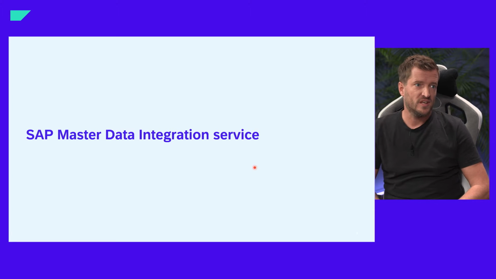So, as you know, the Intelligent Enterprise Suite is mostly defined by the intelligent business processes, like lead to cash, source to pay, recruit to retire, and design to operate. These business processes span across multiple business applications, like SAP S4HANA, SAP Fieldglass, SuccessFactors, and SAP Concur. To ensure that these business processes run smoothly, SAP invests in the so-called suite qualities. And one of the suite qualities is the aligned domain model. So, considering the SAP aligned domain model, SAP Master Data Integration Service is helping business applications get a harmonized view on master data across the entire system landscape.